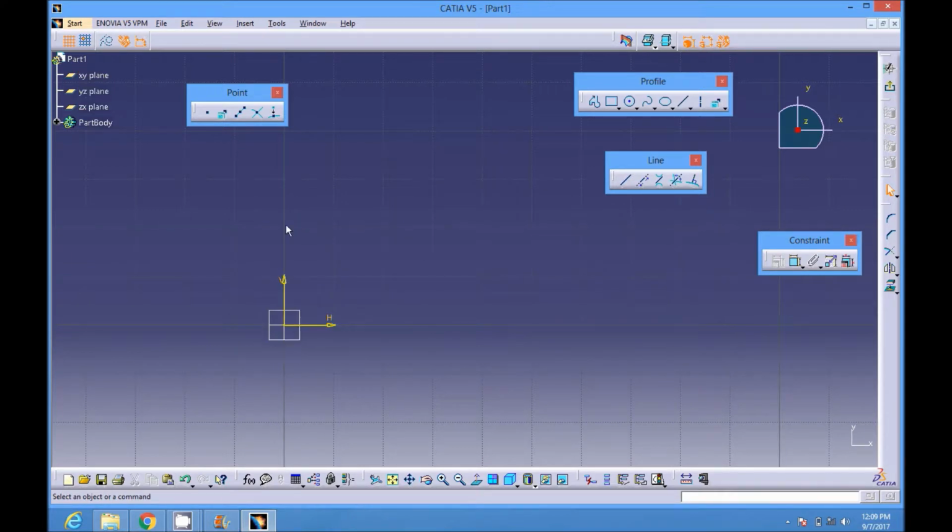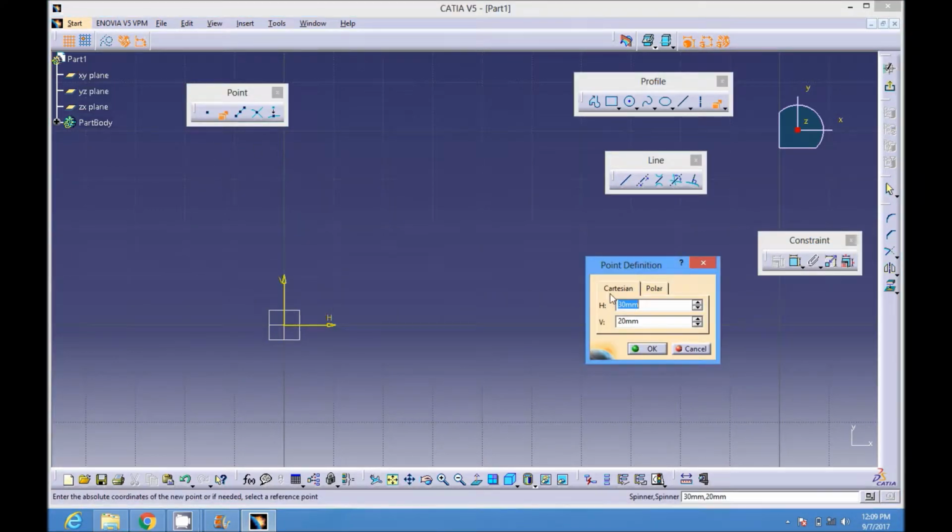And in the same option itself, in the coordinates itself, you will find polar coordinate. If you select this option, then they'll ask you to give the radius and angle. So this option is selected usually when we have to draw a point along the circumference of a circle, or if we know the distance and the angle of the point, but we don't know the distance along x and y direction instead. Okay, so in this case we give suppose distance of 20 mm and we give an angle